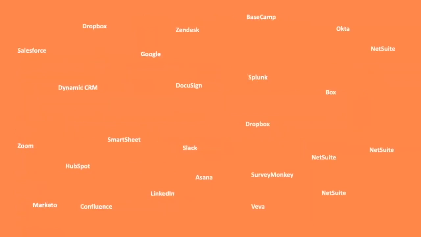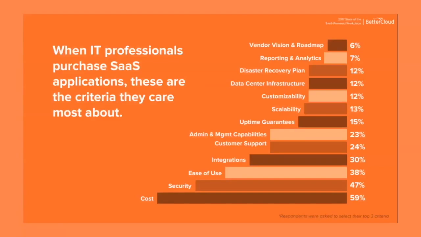You can just take a quick look at these applications. I'm sure you are familiar with them. You may be using one or two here. And I want to share this very interesting survey. This is done by a company called Better Cloud. The timing is a slightly older survey, but the numbers are still fairly accurate. As you can see, the top 4 considerations are cost, security, ease of use, and at the 4th point, integration is being considered. This is by both IT as well as business.